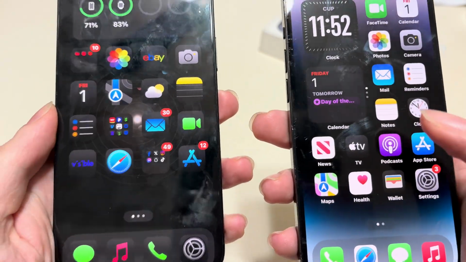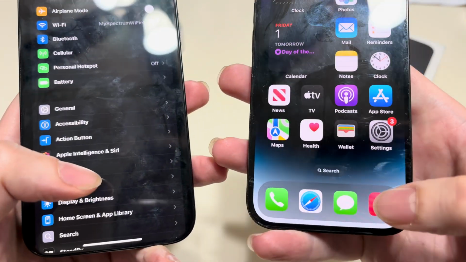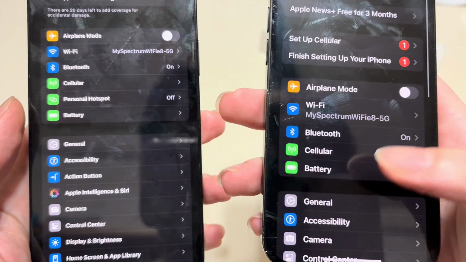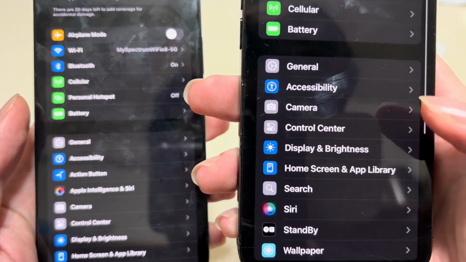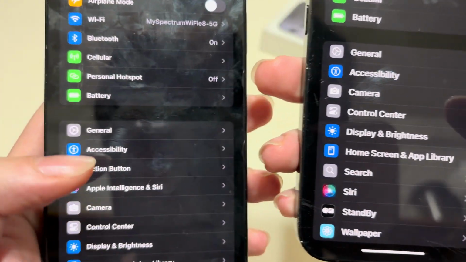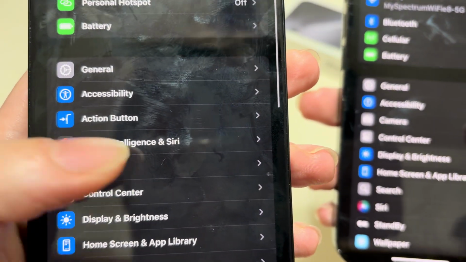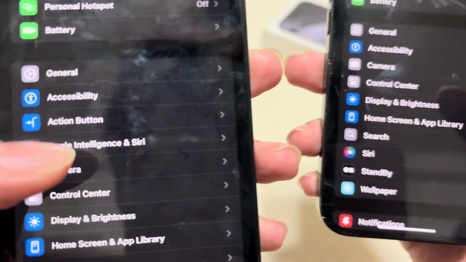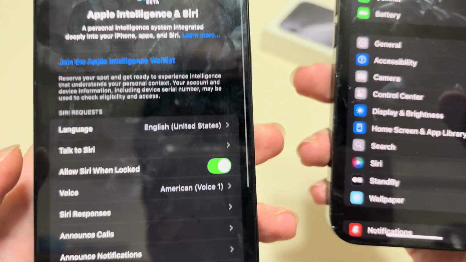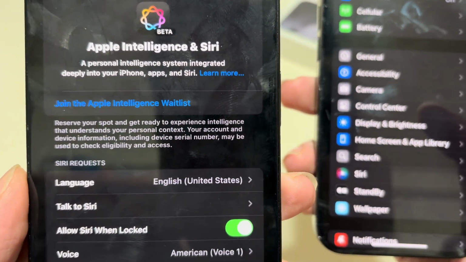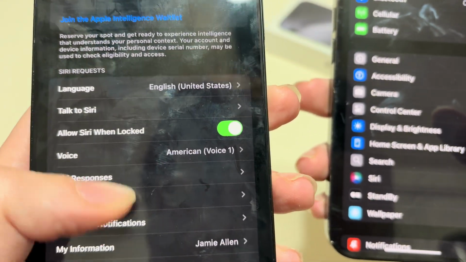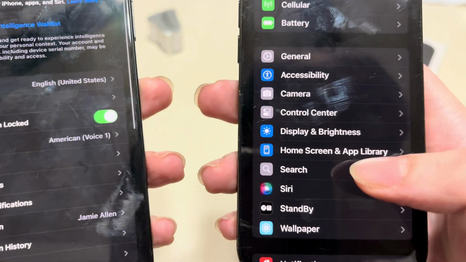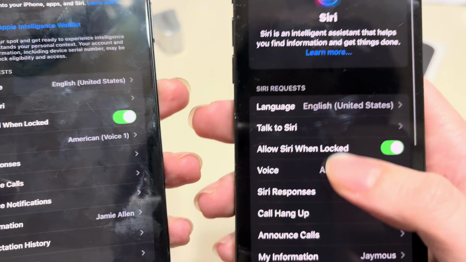So, once again, the left is the new phone, the right is the old one. 14 Pro Max is not compatible with Apple Intelligence. All 16 models are. And if you notice right away, you will see that Apple Intelligence shows up in settings right next to Siri, whereas the old phone, it does not. It just says Siri. So that's all you get. You will not get any of this new stuff that's about to show up. So pretty much, I'm just showing you what Siri looks like on both. The settings haven't changed much other than the Apple Intelligence